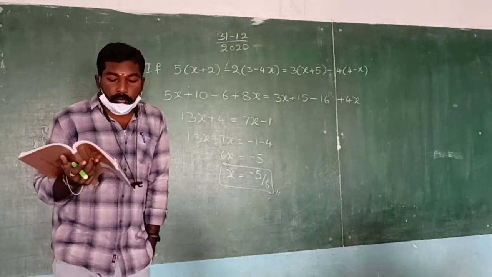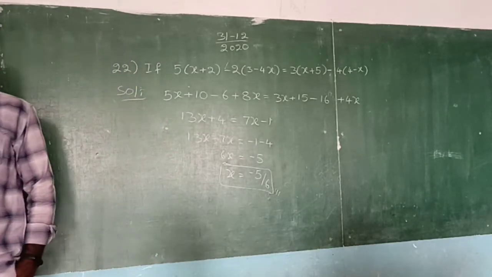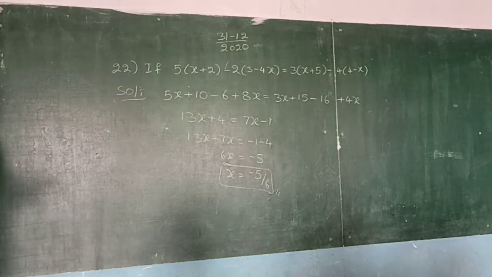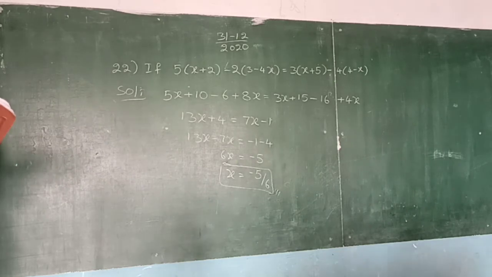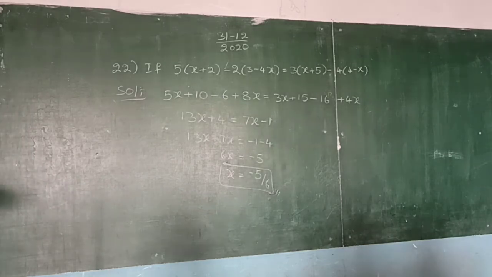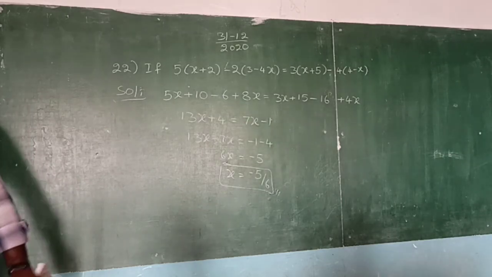Next, questions 23, 24 and 25, the 3 questions are also homework. You have to complete the 3 questions and again the match the following, and before that the 20th question, that is the 5 sums you have to do as homework. So you have to complete by tomorrow. Okay, that's it for today's class.